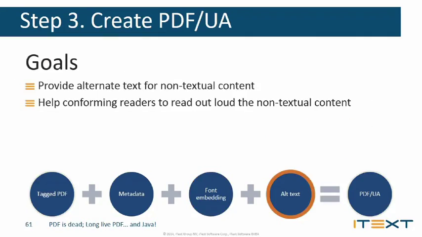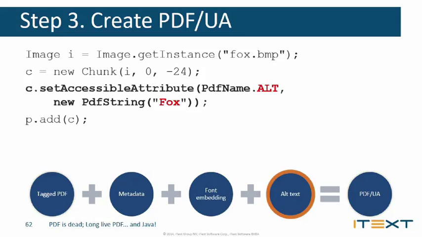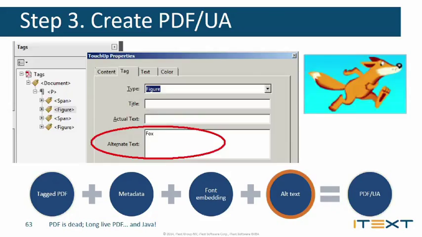Then about images and alternative text, as I said before, the quick brown fox jumps over the lazy dog example. The images are difficult to consume by software, so we have to provide suitable alternate text for non-textual content. And this is helpful for the read out loud functionality of assistive technology. So when we added the fox image, we can simply say there's an alt text saying fox. If you look at the figure, the image of the fox, and you open up the properties, you can now see that it says alternate text fox.